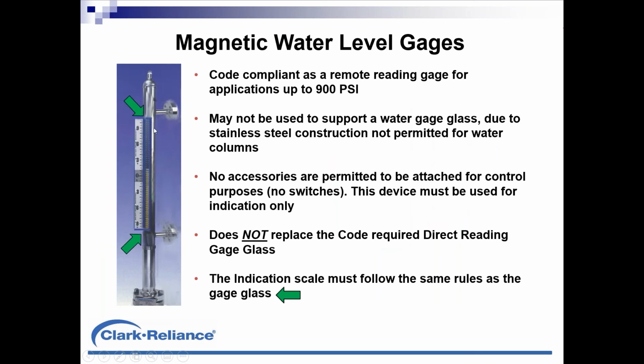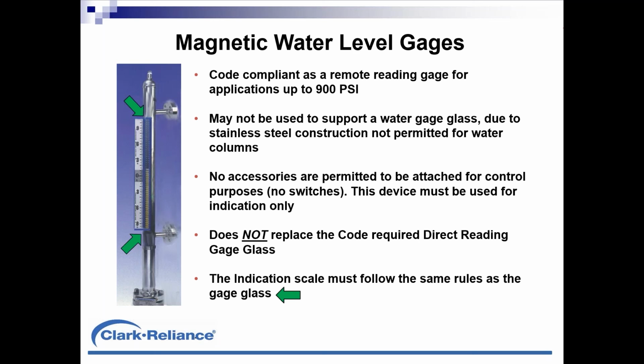On magnetic level gauges, the indication scale must follow the same rules we just talked about with the gauge glass, not encroaching into those vessel connections. You cannot attach a gauge glass onto a magnetic level gauge. If someone were to do that, that's making a water column out of the gauge glass out of the magnetic